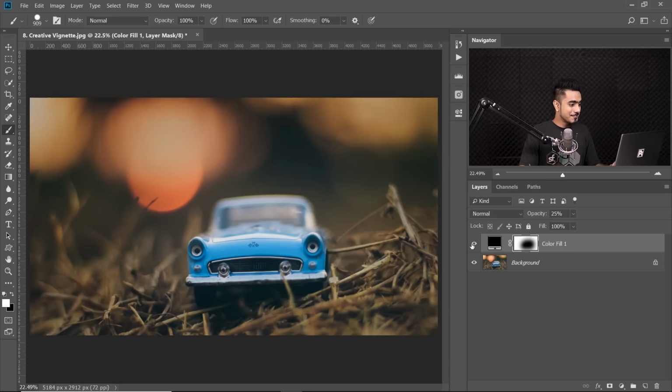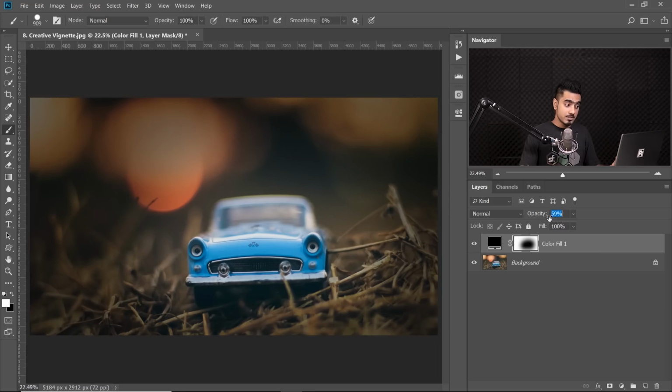Here's the before, here's the after. We have drawn the attention towards the car very easily. Now it's absolutely customizable again. If you want more of vignetting, you can increase the opacity. Okay. If you want it to be softer or harder, you can just open up the properties of the